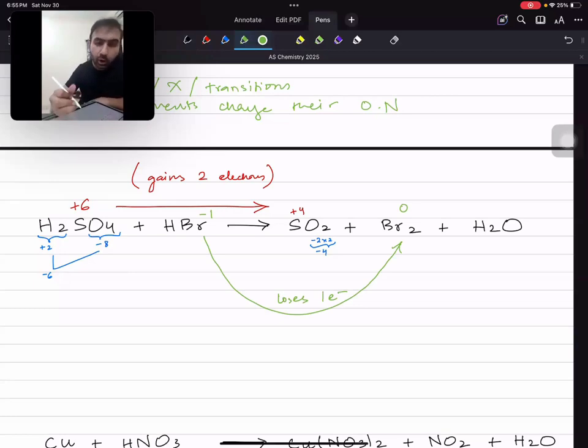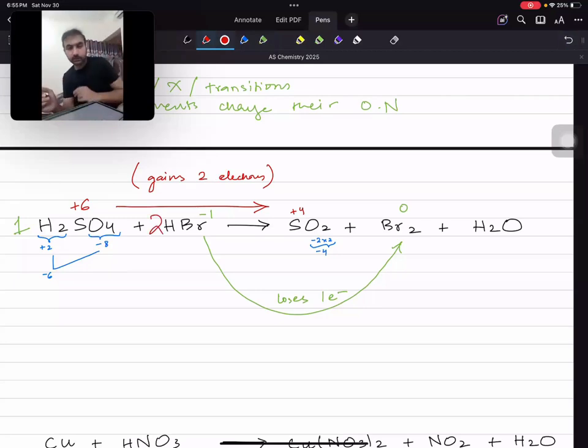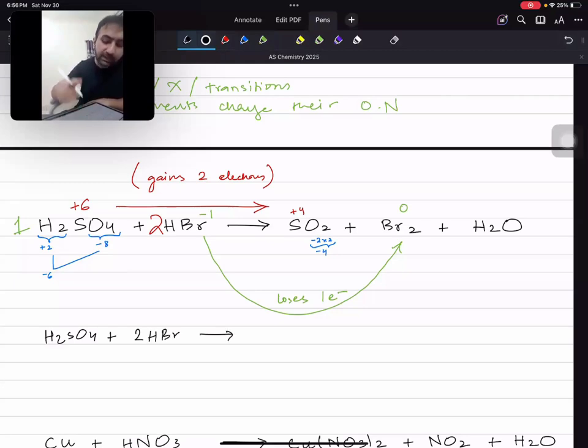The 1 of change in bromine's oxidation number becomes the mole ratio of H2SO4, and the 2 of sulfuric acid's change in oxidation number comes here as the mole ratio for bromide. Now, we get this equation written as H2SO4 plus 2HBr, and then you can balance the right-hand side on your own. So I have SO2, 2 Brs means Br2,